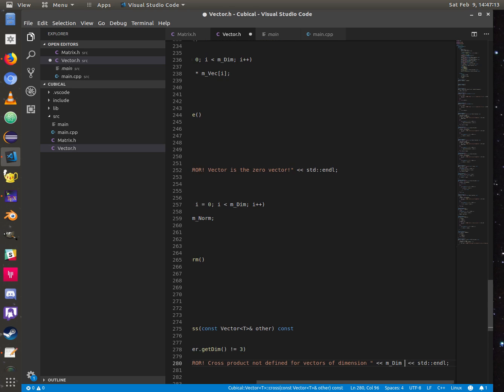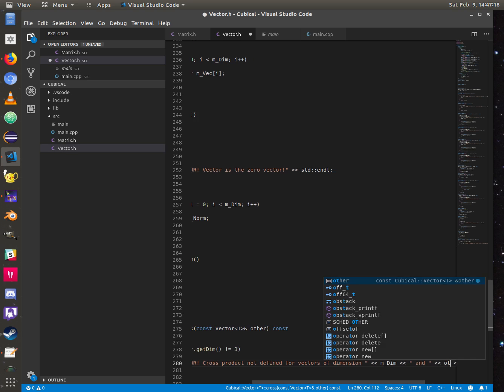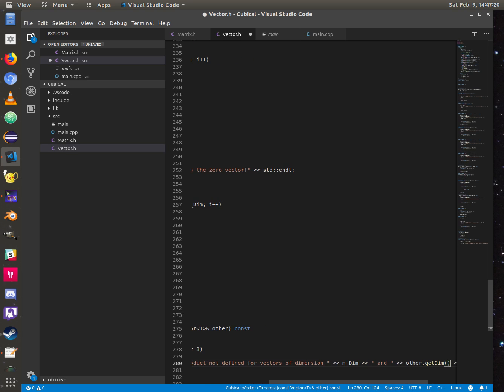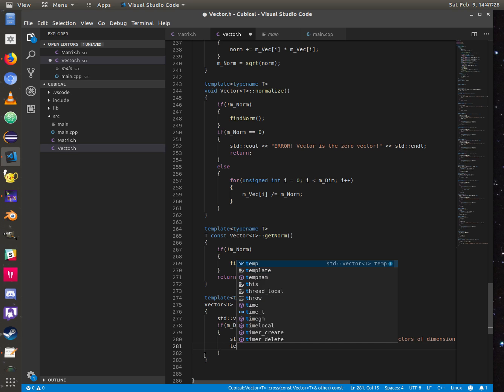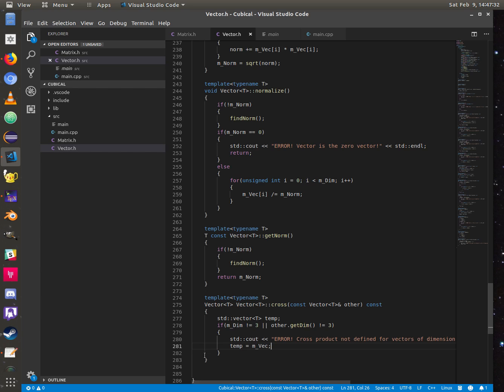So I guess here I should just include the other one. Yeah. Just to avoid confusion. And if that happens, again, we want to set temp equal to the current vector. So you got to set it equal to something. And then return it if it ends up not working. But if it does work, if they are both 3-dimensional,